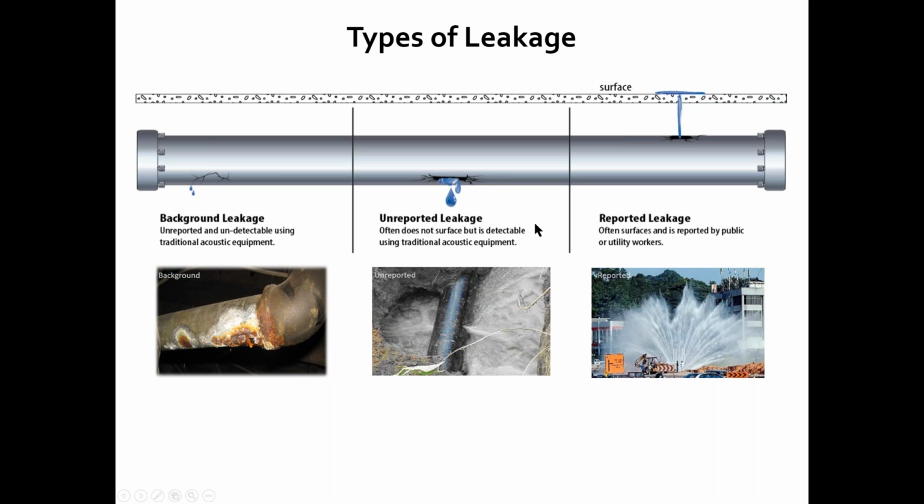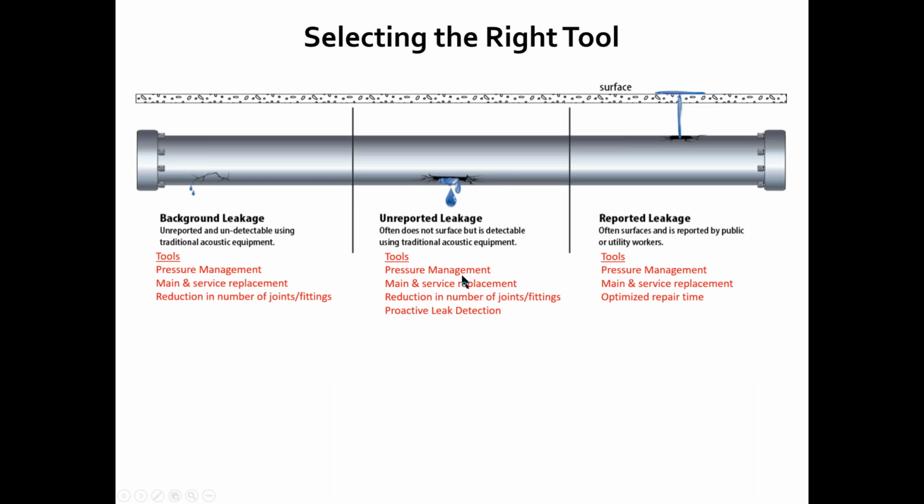Then you have unreported leakage. That's the hidden leakage that acoustic leak detection would be searching for. So breaking these 3 down into their parts allows you to make sure that we are applying the right tool to the right part of the leakage profile. And in some cases, the reported leakage piece is actually a very, very small portion, on average, maybe even just 5% of the total. And the rest of it is in these 2 categories.